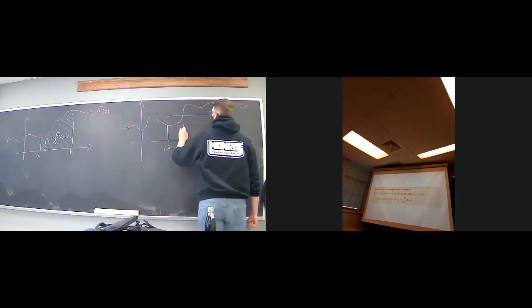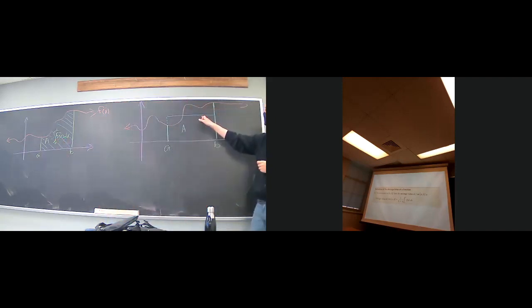Let me, for the sake of drawing this clearly. Okay, so this square is going to have the same area as this integral. Well, the height of this square is going to be equal to the average value of your function on this interval. Make sense? So this thing is going to be equal to the integral from A to B of f of x dx, but it's also equal to